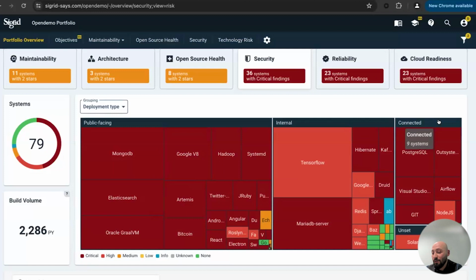I also want to be honest about how we interact with the clients in such a case, because this is not an edge case, by the way. You see in the security that we don't always follow the best practices, also in the open source health part, which is the open source systems management. So we usually say, if it's public facing and it has red, it's priority number one. And then you go to connected systems, and afterwards, if you still have time and capacity, you go to internal, because the risk of exploiting a specific risk in a public facing system is higher.